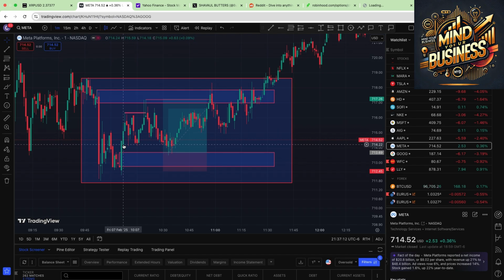And the last factor is the key factor. If you want to wait for an extra confirmation, make sure the order block leads to a break of structure. What is the break of structure? It lets us know that the market has shifted from bearish to bullish. You see how price came down with a lower low, lower high, lower low, and then it went back up to form a higher high, a swing low before it went back up and broke past the previous high. On the top here would be a swing high, and this right here is a liquidity sweep. So once the liquidity sweep took place,